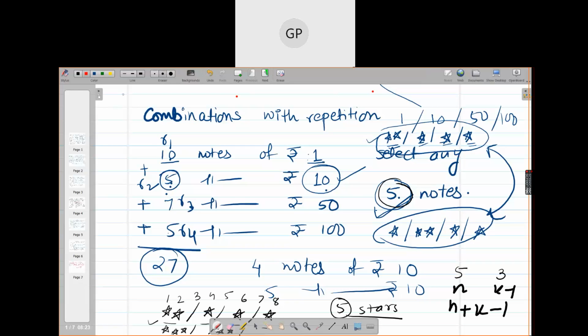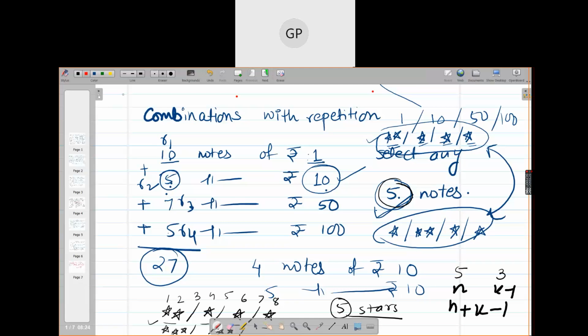We want to see combinations with repetitions. I hope all of you hear me. Yes, ma'am. So we want to find out the number of ways of selecting a sample of size n